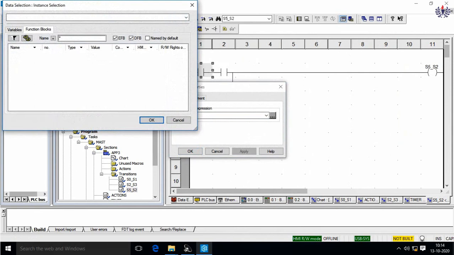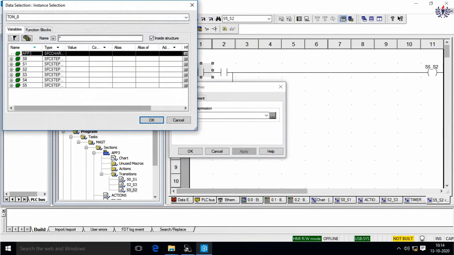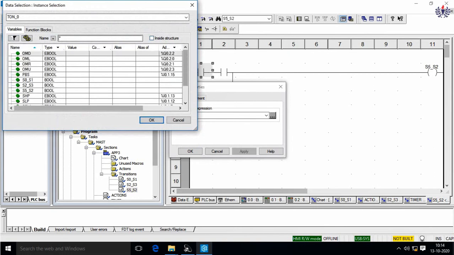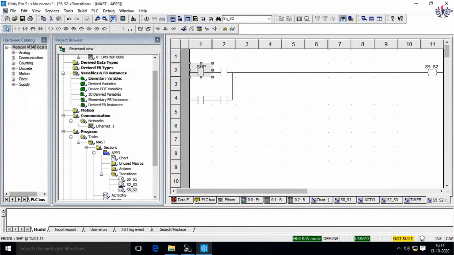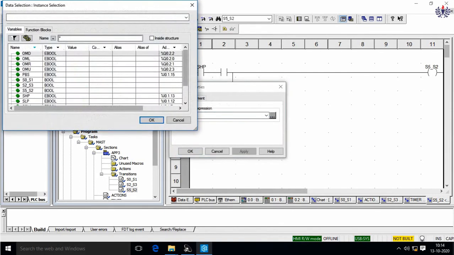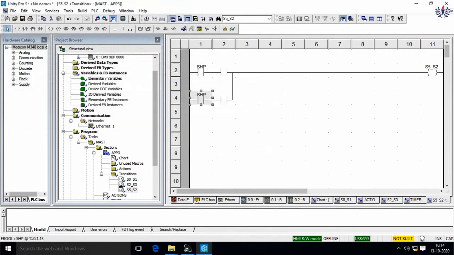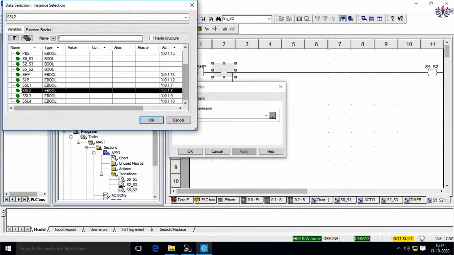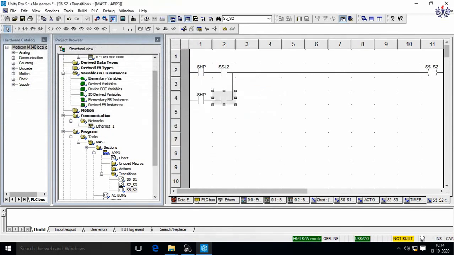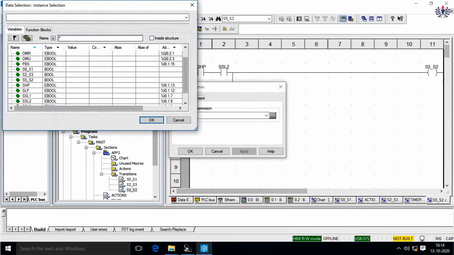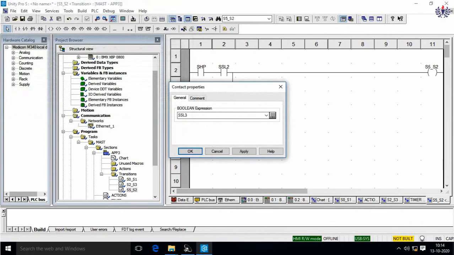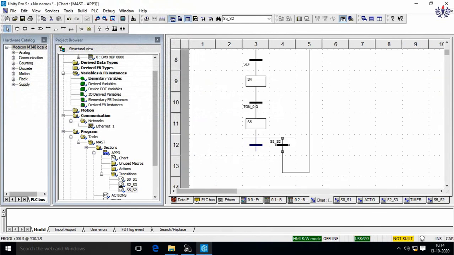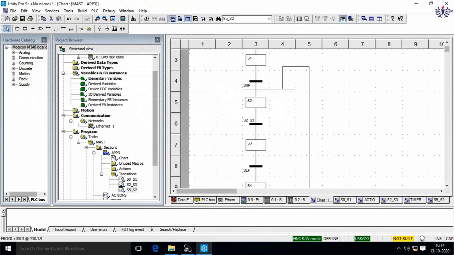Here, if the timer is over, timing is over, what should we do? We should bring it to the high position. So I will make the first input as high position. Both I made as high. So this is common for slot 2 and slot 3. Slot 2 I will select and slot 3 also I will select. So once again I repeat, in the branch, after the time delay is reached, it is going to step 2.